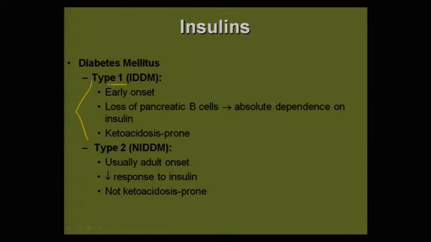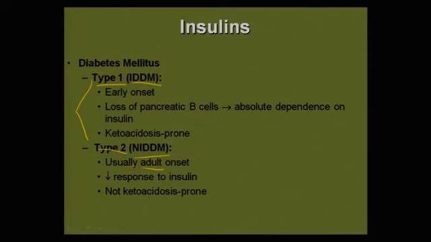But type 1 is the juvenile onset insulin dependent diabetes, whereas type 2 is the non-insulin dependent diabetes, the one that is more adult in onset. In the type 1, we have an autoimmune destruction of beta cells of the pancreas, probably secondary to a viral infection, maybe to a Coxsackie virus. It seems that T cells play a key role in that destruction, hence the idea that possibly a type 4 hypersensitivity has resulted in that damage.